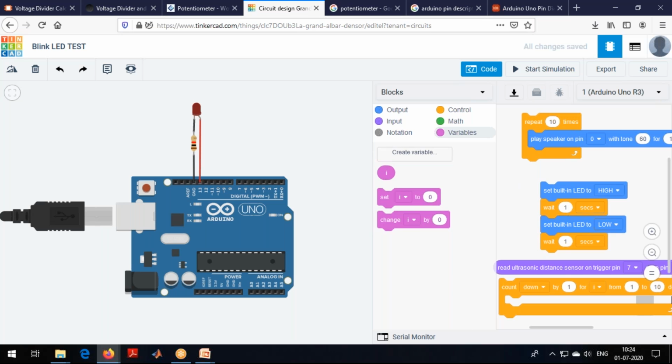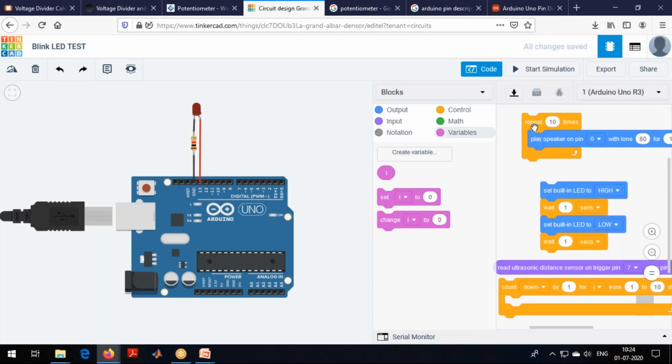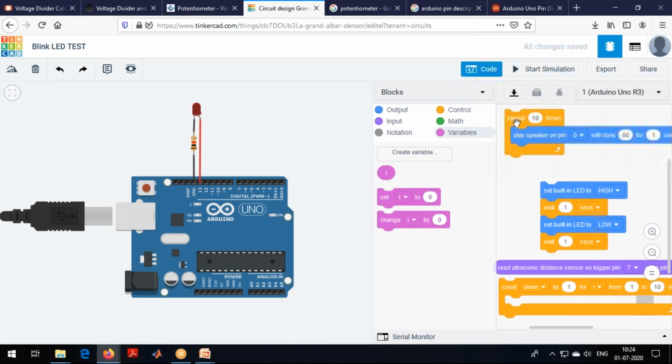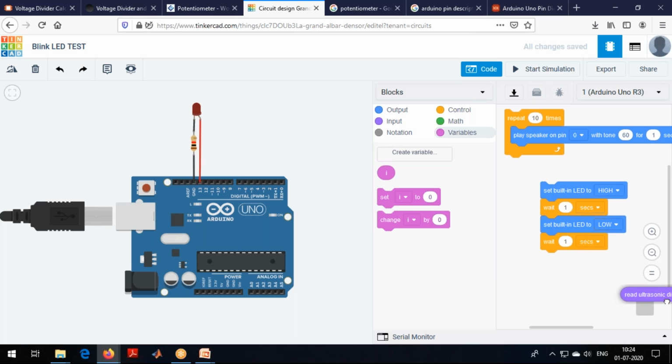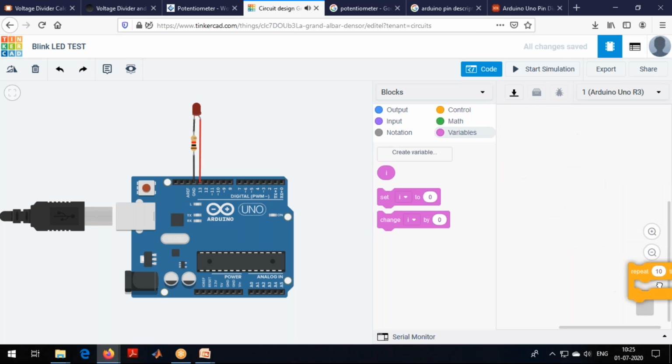Okay, when I see this particular place, many things are available right here. I want to remove all these things. Okay, so for that what I will do, I'll just click and drag. Okay, first I'll drag and drop this one. You can see a dustbin over here, right? So we just need to drag and drop everything in that one, so they will go. Okay, now everything is clear, and I want to make this LED on and off.